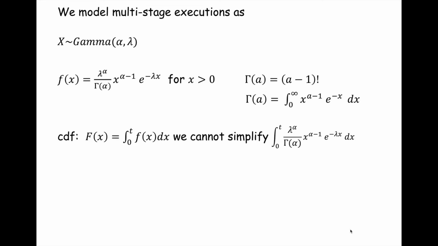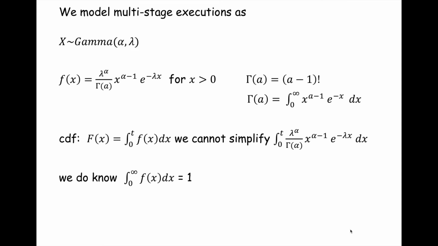All right, so we do know that this is a probability, and the direct proof of this is beyond the scope of what we're going to do in this class. We do know that the law of total probability does apply. The law of total probability says that if you integrate the density function from minus infinity to plus infinity, that's going to equal 1. And because the density function for the gamma distribution is 0 from minus infinity to 0, we only consider the integral from 0 to positive infinity.